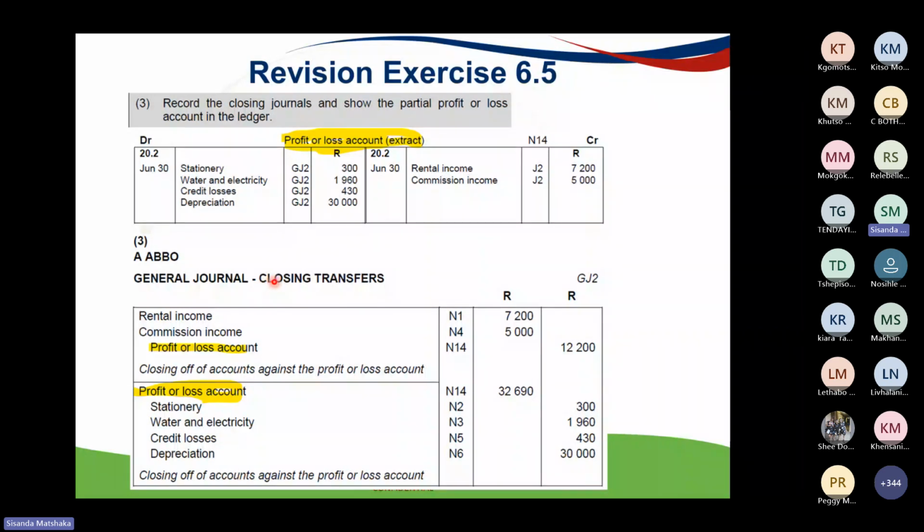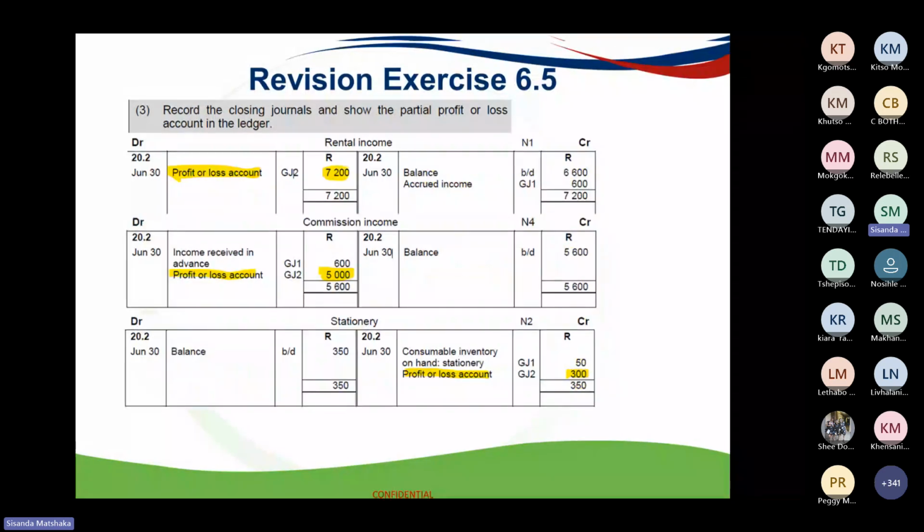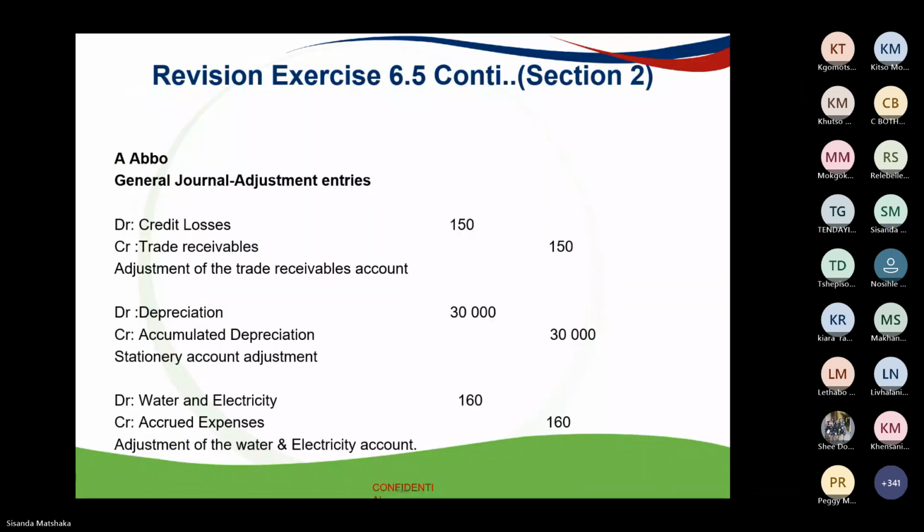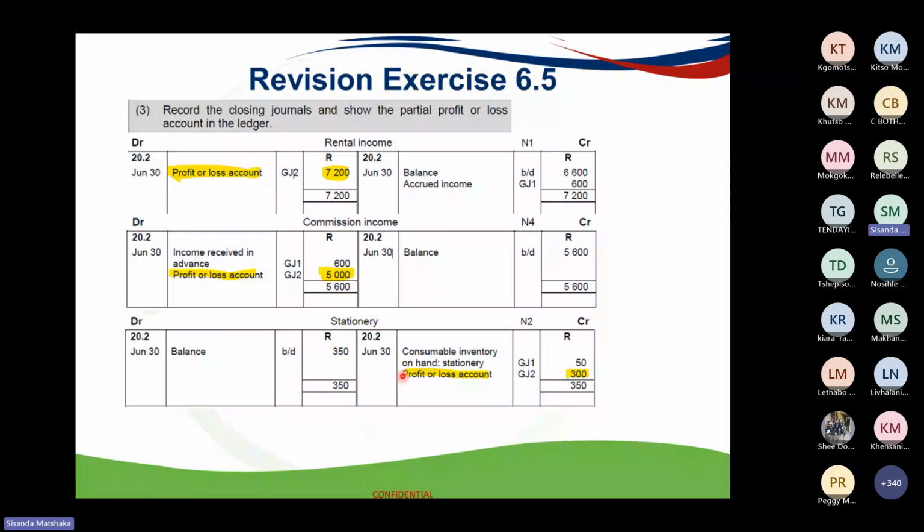All right, and then looking at just the profit and loss account, because for each debit you'll have a credit. So looking at our profit and loss account, we would basically have a debit of the 300 Rand. If you go back a few slides, just quickly to show where that comes from. There, right? That 300 Rand there, which is what we're basing our posting to the contra entry being our profit and loss account. So all these entries will then also have their own